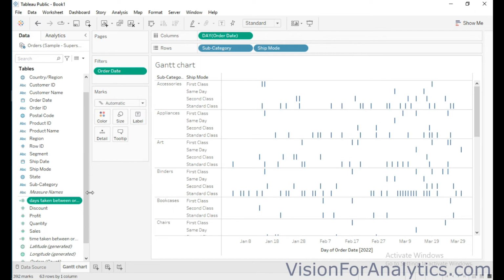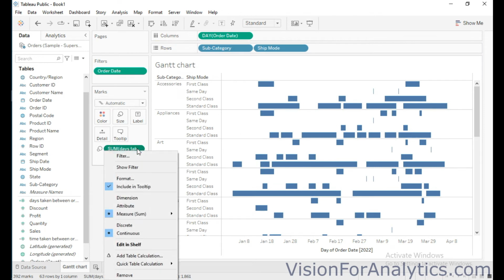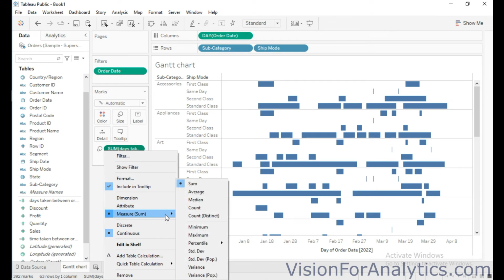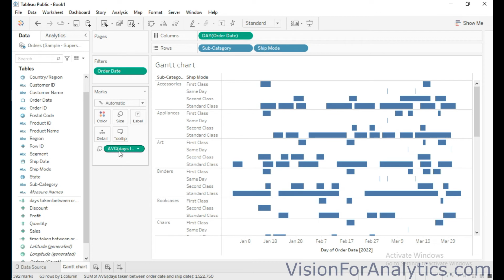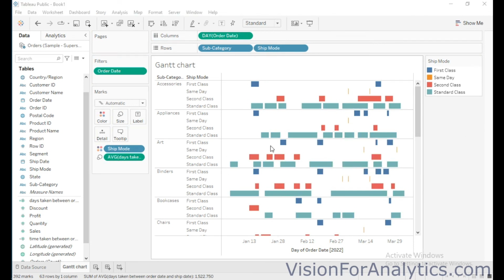Okay, now keep this calculated field in the size, and I want the average days between order date and ship date. So right click on this drop down, select measure and click on average. So it will give the average time taken between order date and ship date, and then I will drag ship mode into colors. So this is a Gantt chart showing the days taken on average between order date